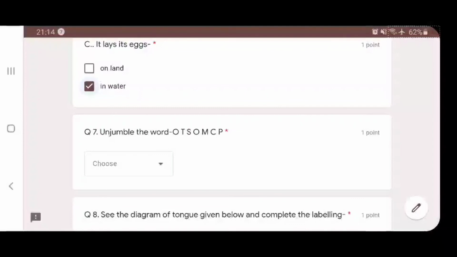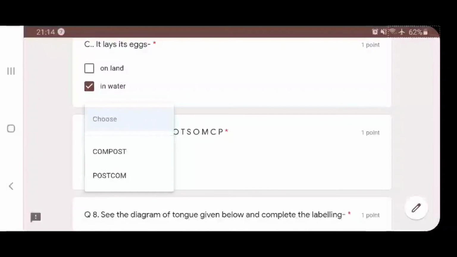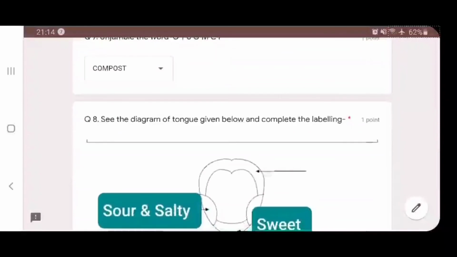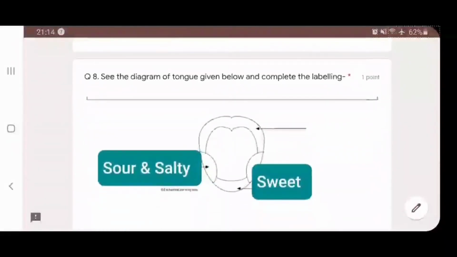Now another type of question could be, you can give a diagram with incomplete labeling. That means here I have shown a diagram of tongue where sour and salty, it's labeled, sweet is also labeled. Now one arrow is there or one line is there. So it is an incomplete labeling. The child has to complete the labeling.